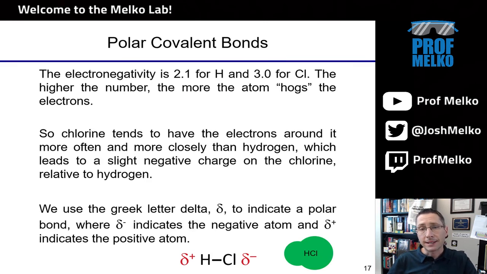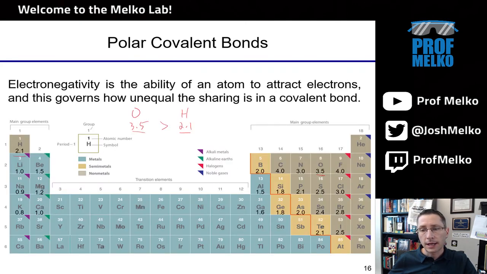We'll generally signify this with these delta symbols. Now that we have some idea of looking at this periodic table and the electronegativity values and figuring out that oxygen wants the electrons more, we generally associate that with this Greek lowercase delta symbol. The one that has the higher electronegativity value, like 3.5, gets a negative sign. It's hogging the electrons. Hydrogen gets a positive sign, because in that shared pool of electrons, it doesn't really have the electrons very often, so most of the time it's slightly positive, whereas the oxygen is slightly negative because it has those negatively charged electrons more often.